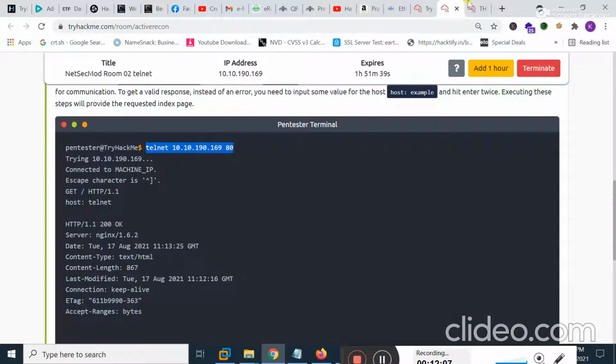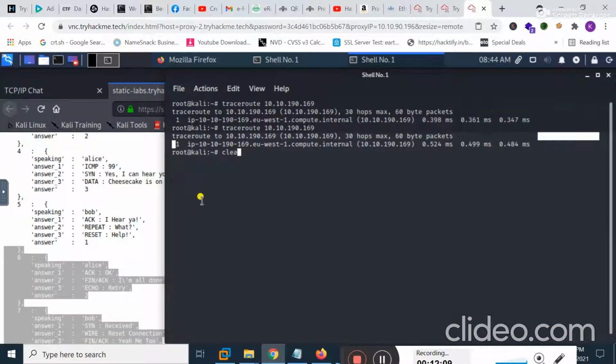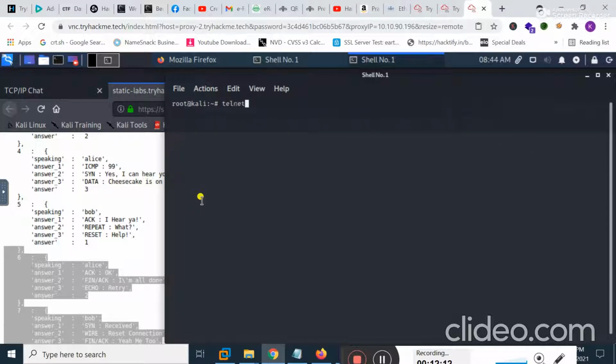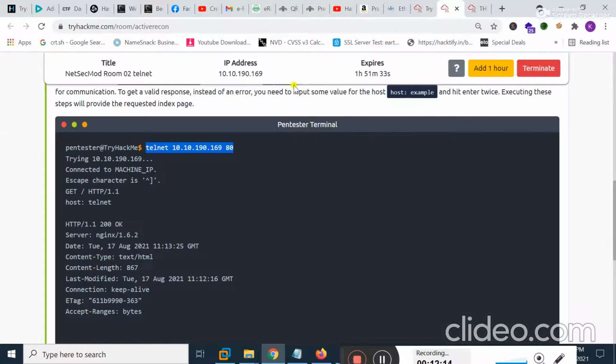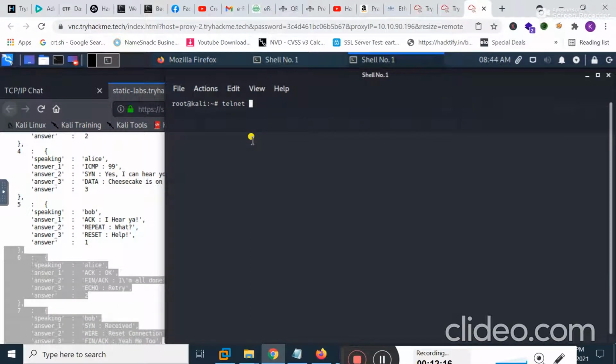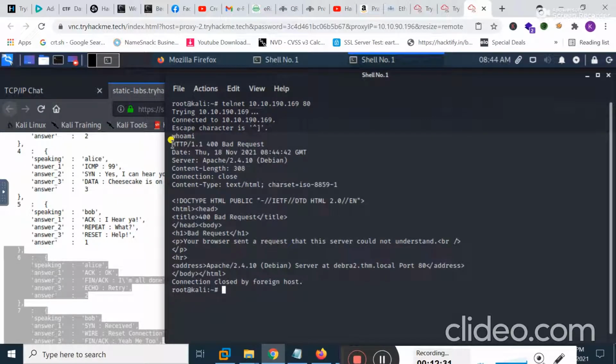If I type here telnet and then the target IP address, that is this one, and specify port 80 and hit enter, it shows that I'm successfully connected to the remote host on port 80. Now if I type here whoami and hit enter, it reveals some very interesting information about the target machine. See here the server information that it revealed to me.